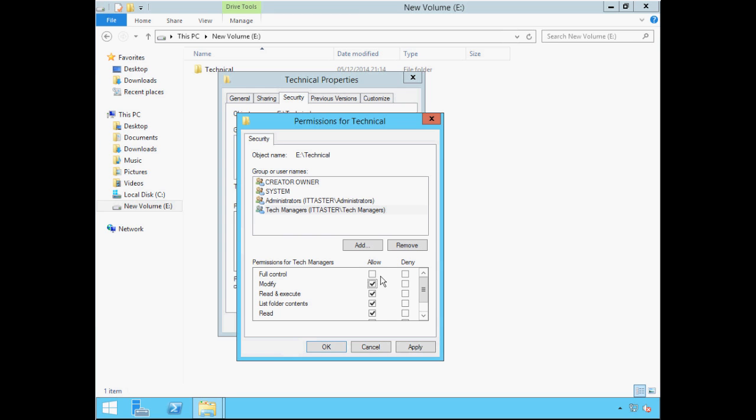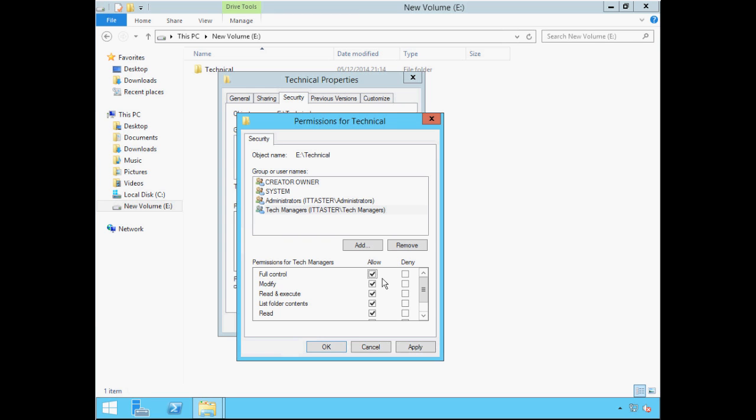And finally, we're left with full control. I'm going to clear all of the permissions that we've previously set, and if we click full control, as you'd expect, full control combines all of the previous permissions we've covered so far, and also two very important permissions. Full control enables the user or group to change permissions and take ownership of files and folders. This is something that administrators are able to do.